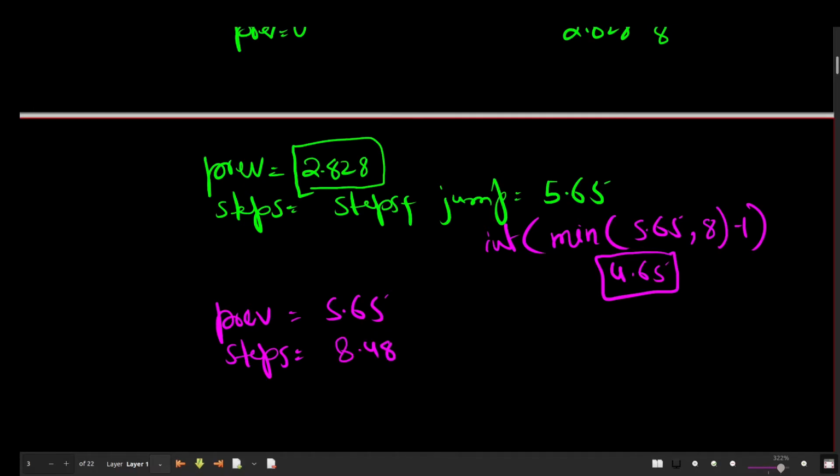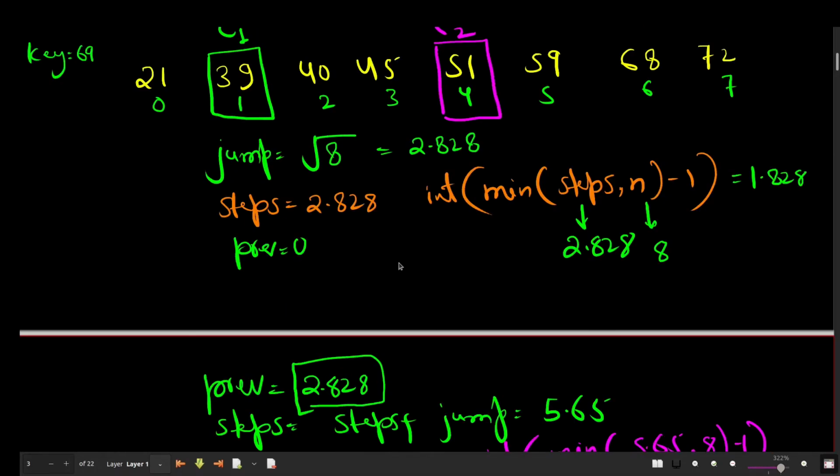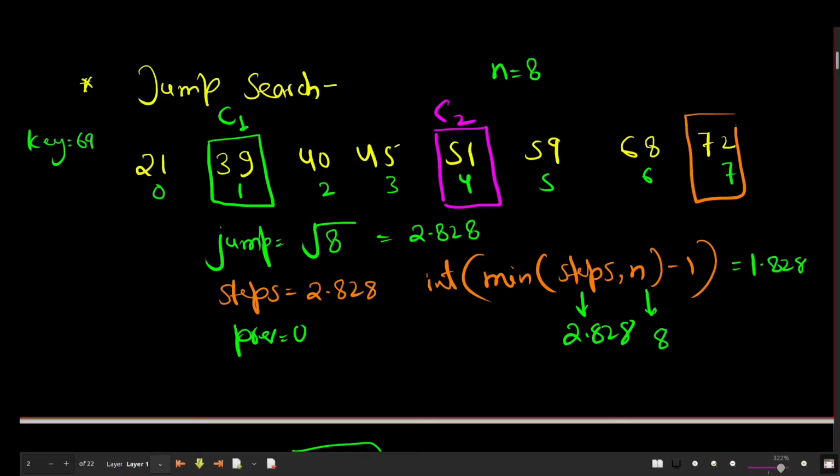Okay, and after this we have to check minimum of 8.488 and n minus 1. So minimum is 8 minus 1, which is going to be 7, and now go above, it is the 7th place.